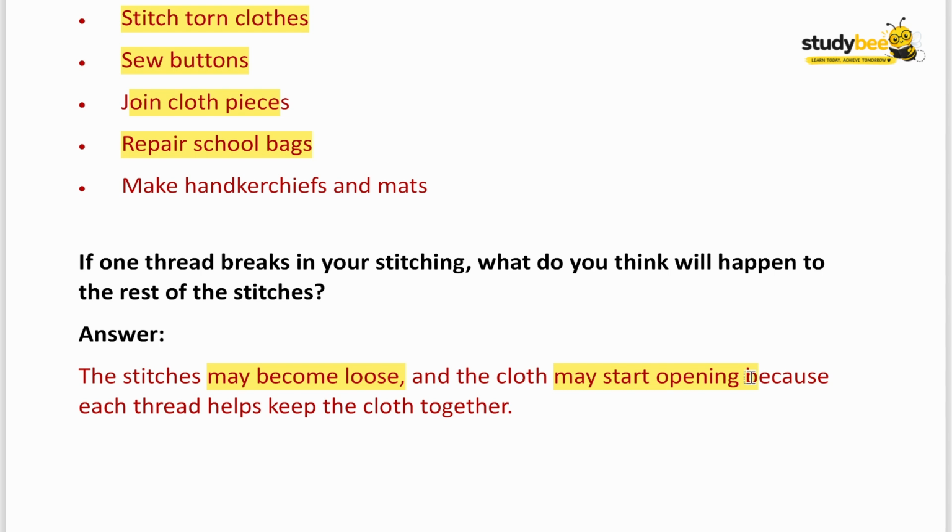So अब stitches loose हो गए, so आप देखोगे कि they are coming apart, दो cloth जो जुड़े थे they will start to separate because each thread helps keep the cloth together. ये जो threads होते हैं ना, दो cloth को आपस में जोड़ कर रखते हैं. But if the thread is broken ना, अगर thread बीच से टूट गया है so the clothes will come apart. दोनों अलग हो जाएंगे।